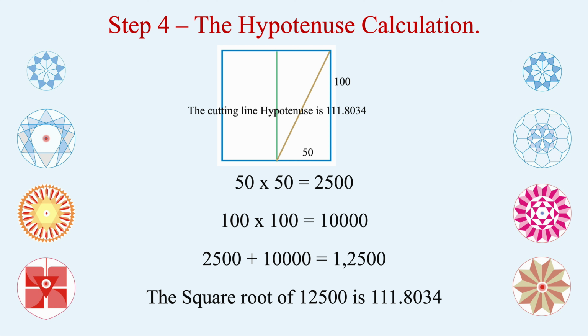Now you have 50 into 50 as one side, the square of that is 2500. Now 100 into 100 is equal to 10,000, and it is already set by this particular concept. 50 into 50 plus 100 into 100, when added together, will be the square of the third side, which we are going to talk about. Now you see, 2500 plus 10,000 is 12,500, and the square root of 12,500 is